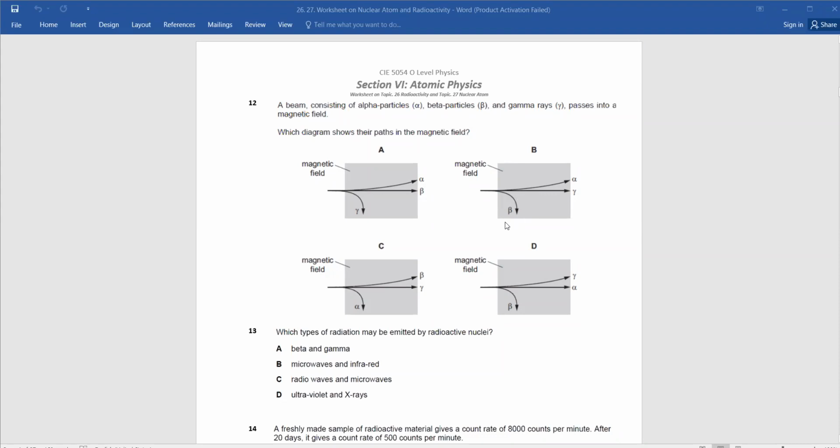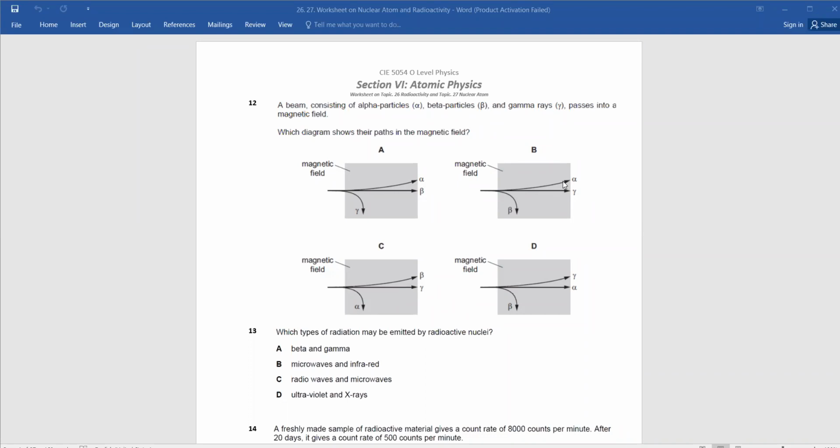Listen, Adnan, why do you still think this is C? Because you are thinking that it is an out of the page magnetic field, right? But they did not mention it is out of the page or into the page. So how will we understand? The magnetic field can be into the page or out of the page. That one we do not need here. You can use the other ideas here to understand. Like the heavier one, lighter one. Okay, is it clear now, Adnan?